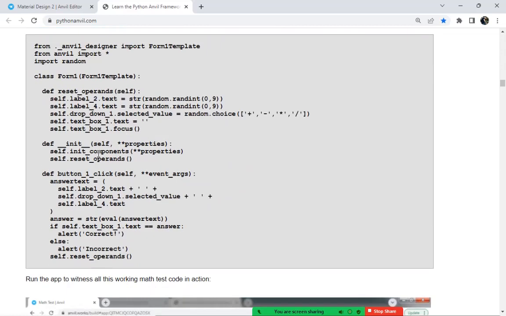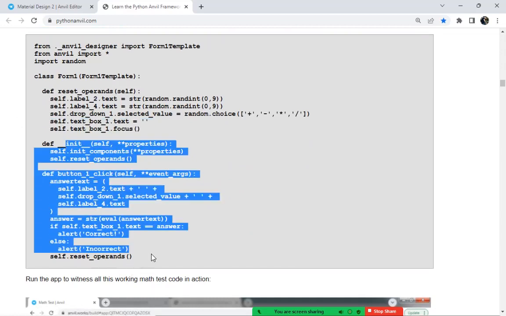So you can see here I've got all this new code, the reset operands function together with this little clearing text code. And we'll just pop all this